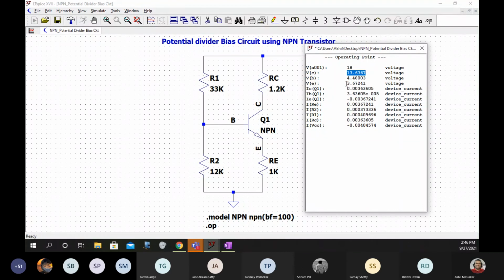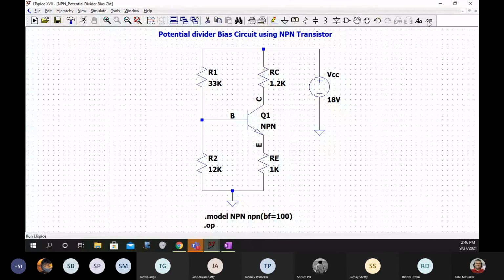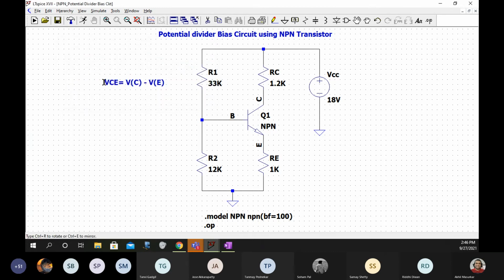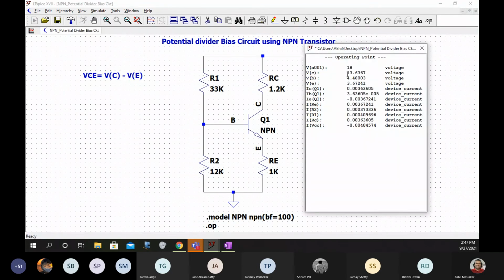So you can see here for beta equal to 100, VCE is equal to V of C minus V of E, and if you simulate this, you can see V of C is 13.6 and V of E is 3.6.